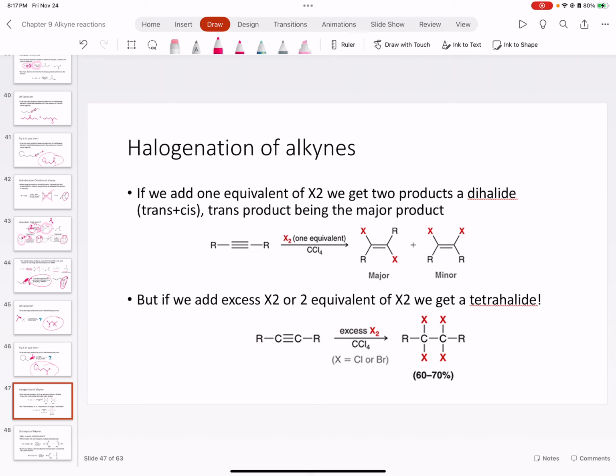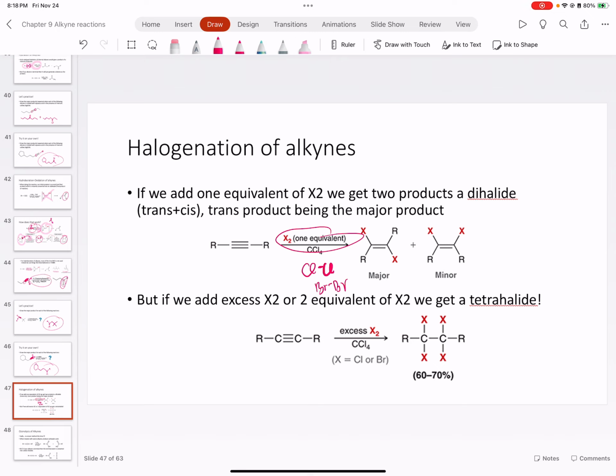So, halogenation of alkynes. If we add one equivalent of X2, we get two products, a dihalide, which is going to be trans and cis. The trans product is going to be our major product. Remember when we did alkenes, when we got chlorine or bromine, we ended up adding across a double bond. We added on one side a chlorine and then on the other side a chlorine. In this case it's the same, but since we're doing alkynes, if we only have one equivalent of X2,